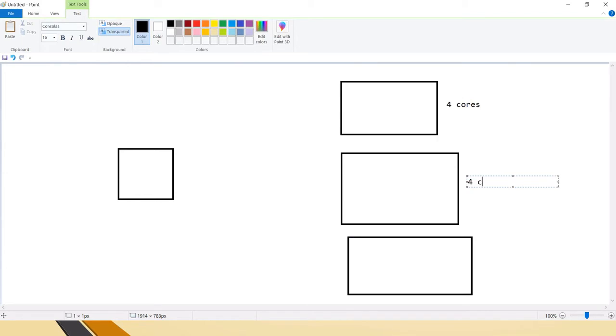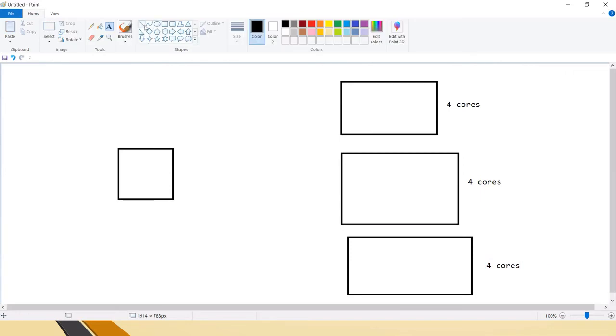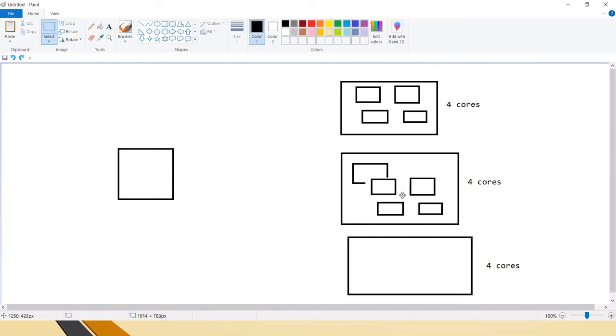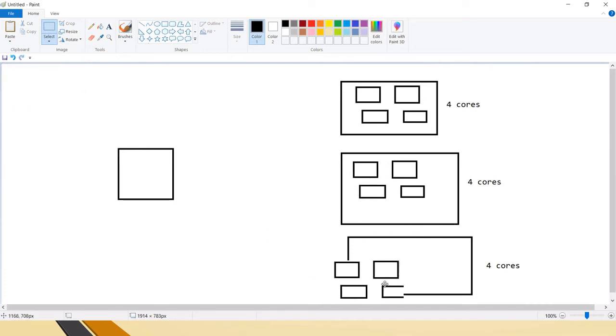Based on that it will assign the task, and 4 cores means you will have 4 slots: 1, 2, 3, 4. Similarly here also 4 slots, here also 4 slots, that is because we have 4 cores.